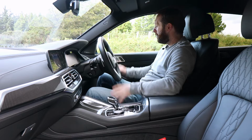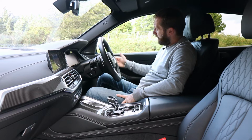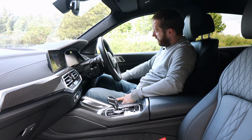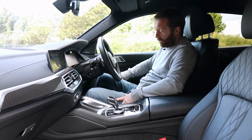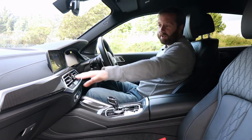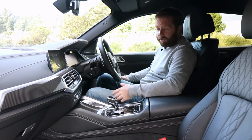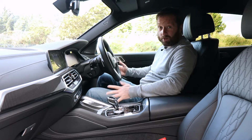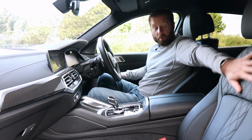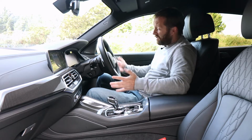And then the rest of the cabin, well, the quality feels very nice. You've got these quite large and chunky door pulls. They're a bit more, I suppose, adding to the slight off-road nature of the car. This particular one has carbon fiber inserts on the door here, all of the center console, and across the top of the front of the dashboard fascia. It all looks nice, but there are a lot of different choices available, so you can obviously tailor the interior to look a certain way. The seats are also quite comfortable. They've got this quite nice and upmarket looking quilted sort of leather interior to it, and generally it's quite practical,